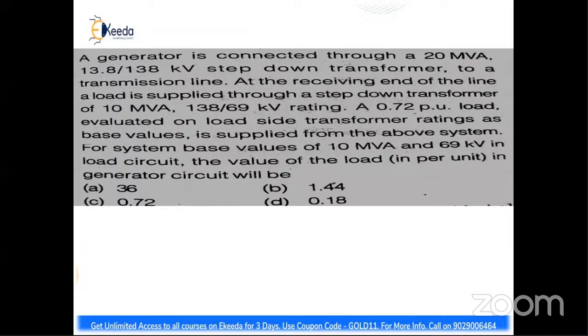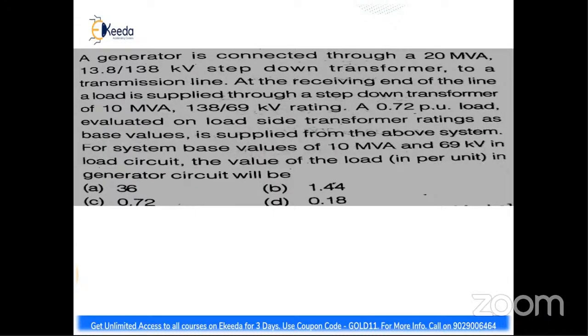A 0.72 pu load evaluated on load side transformer ratings as base values is supplied from the above system. For system base values of 10 MVA and 69 kV in load circuit, the value of the load in per unit in generator circuit will be, right? The options are 36, 1.44, 0.72, 0.18. So now, before going to the solution,